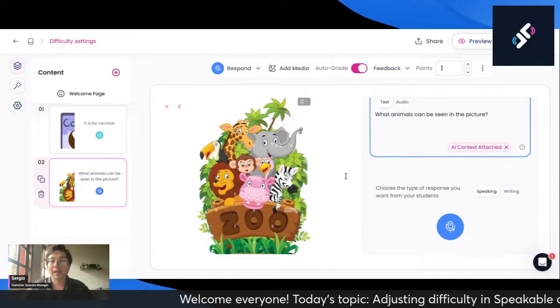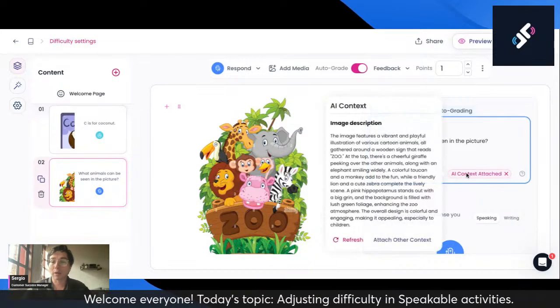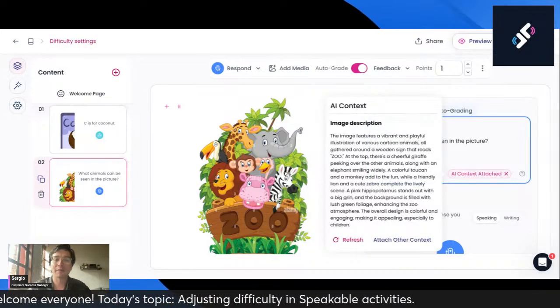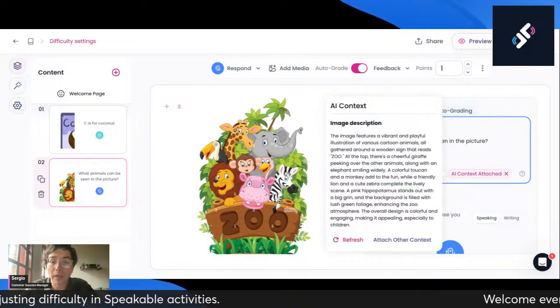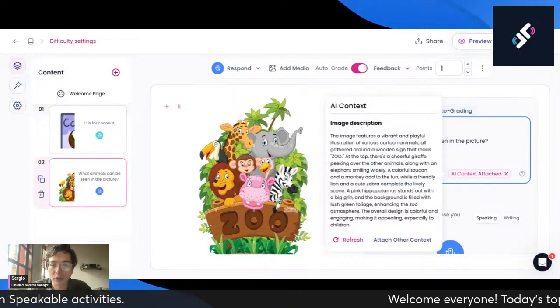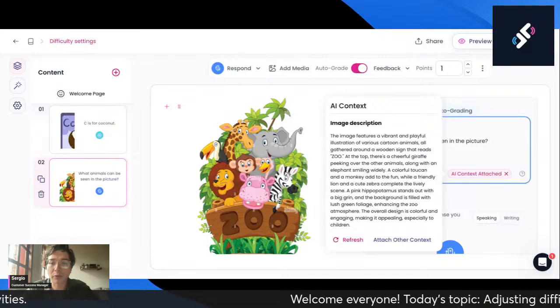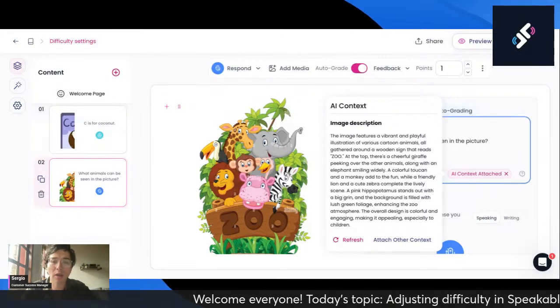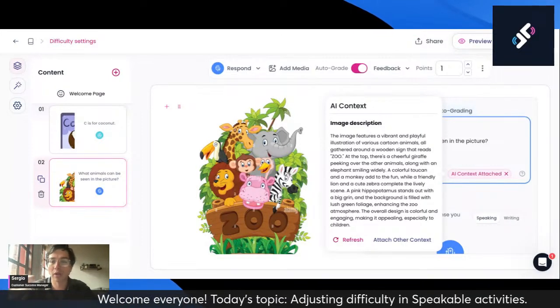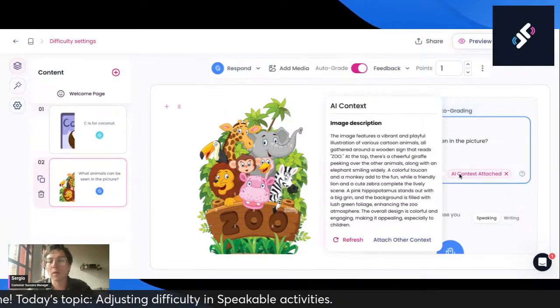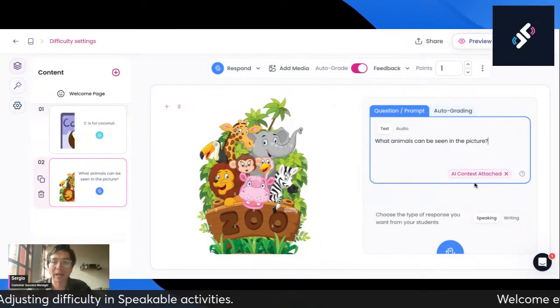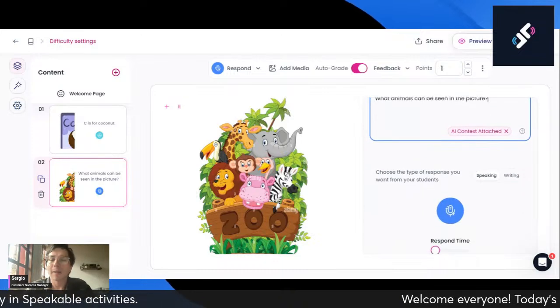However, if you hover your mouse over here, you will see that the definition created by Speakable is very detailed. The image features a vibrant and playful illustration of various cartoon animals, all gathered around a wooden sign that reads zoo. At the top, there's a cheerful giraffe peeking over the other animals, and so on. There's a lot of information. So if you add this, and then you ask what animals can be seen in the picture,